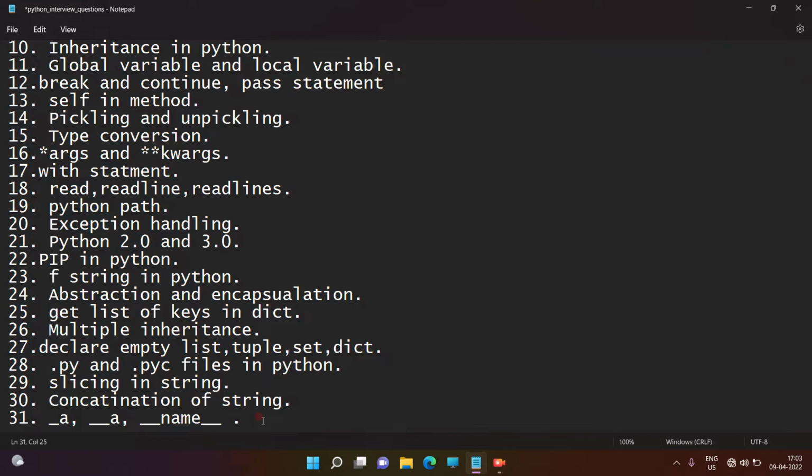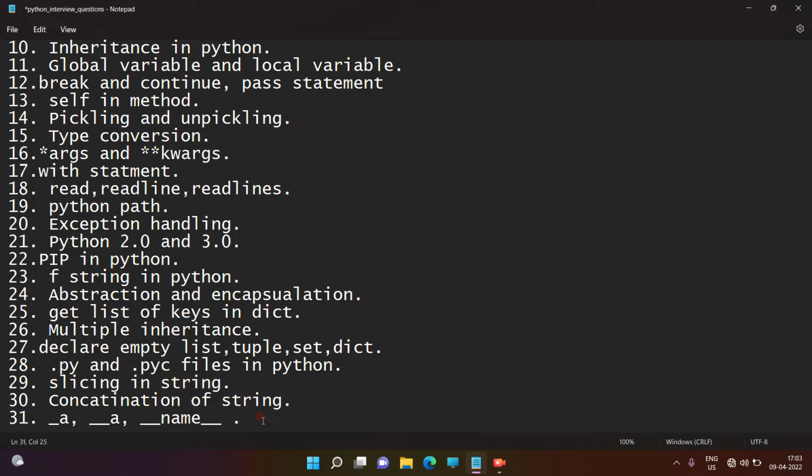An identifier which is written with a single underscore is called a protected access specifier, and it means we can access this protected variable outside a class, right guys?